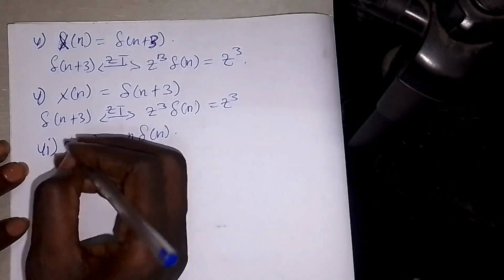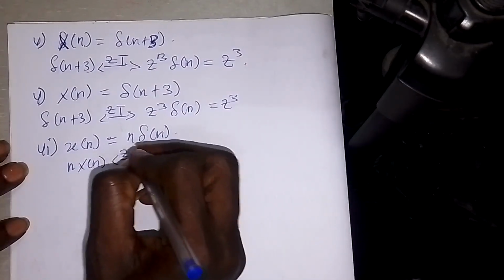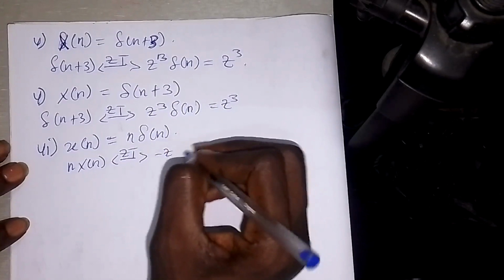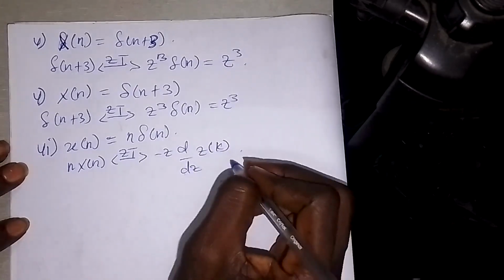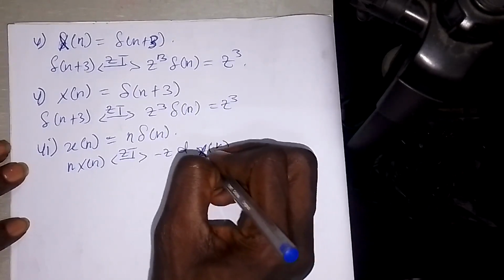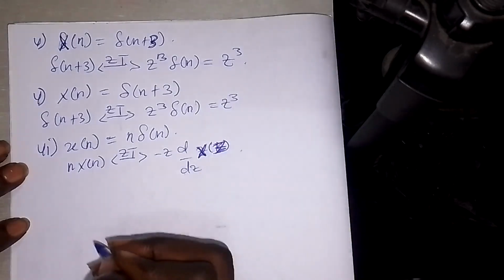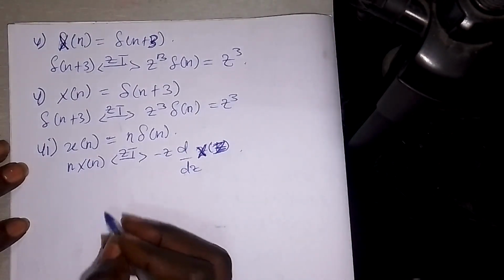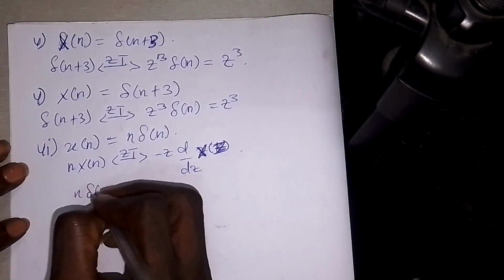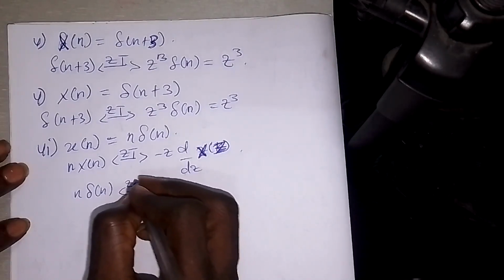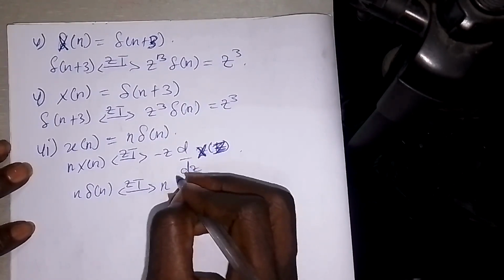So we know that whenever you have n x of n, then its z transform is minus z d/dz of X of z. This is one of the properties also. So applying this one here, I'm actually going to have n into delta of n. Therefore its z transform is going to be minus z